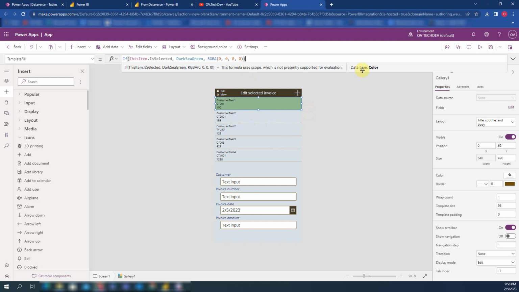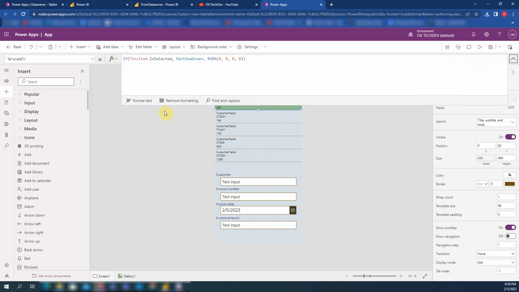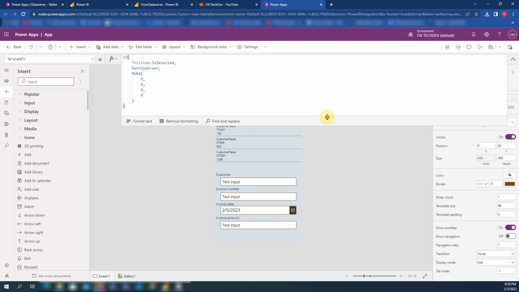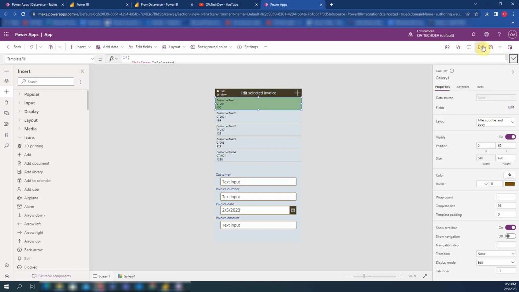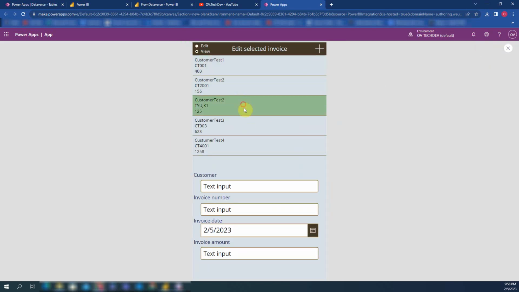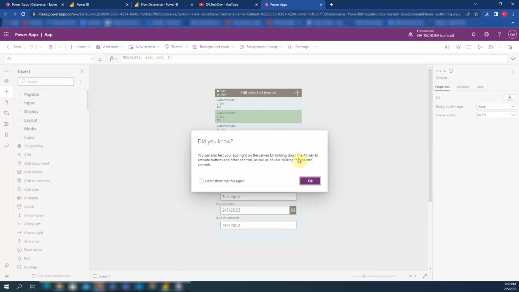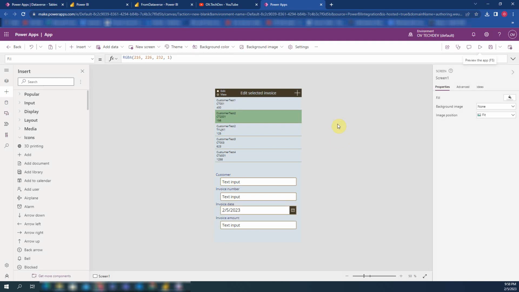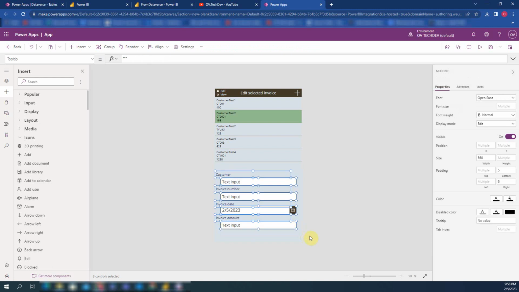As you can see, let me change the format text. It's easier for us to follow the formulas. And now if I select any item, I can see the selected item. Okay, I have to add one more thing, but let me bring them